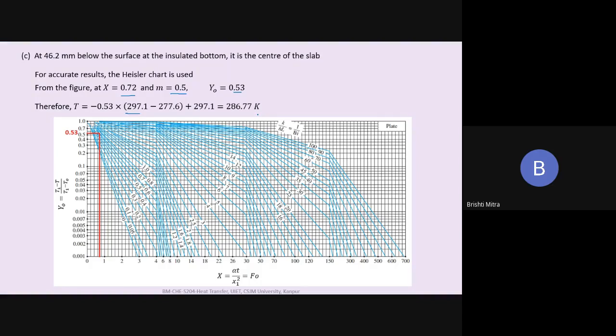In that case, we saw how we can use these Heisler charts and other kinds of charts to find out the temperature at any distance and at any point of time. So this is where I will stop, and this is all I wanted to teach you in this course on heat transfer. We still can have some more classes in terms of our discussion hours, but as far as teaching is concerned, this is where I end. So I will stop sharing out here, and